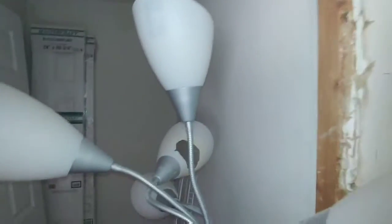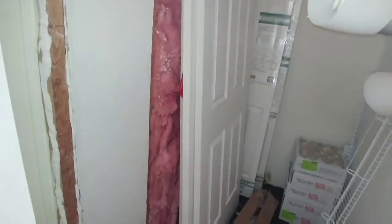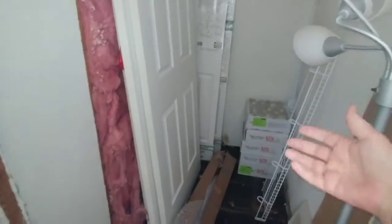And it's really strange about this house when it was built. This here, if you can see that cutout, I found out from a neighbor that this originally was closed off. There was a wall all the way across here. And this is where they originally had the water heater, the furnace, and things like that. And where you see the insulation, there used to be a door here, an access panel to outside, so that if you needed work done on your furnace or your water heater or whatever appliance,